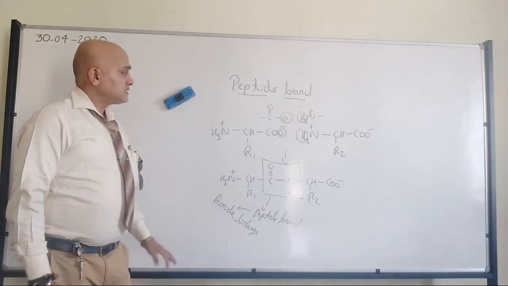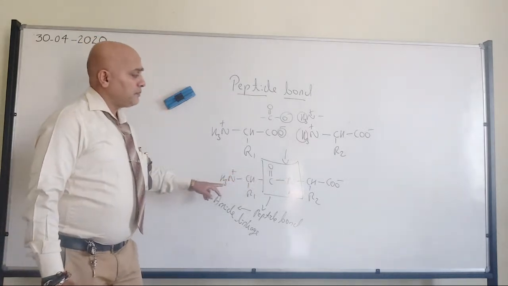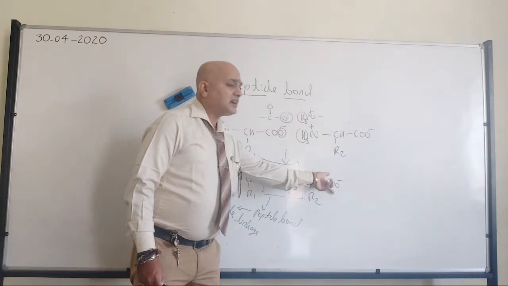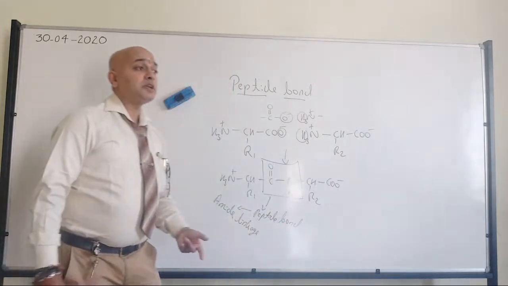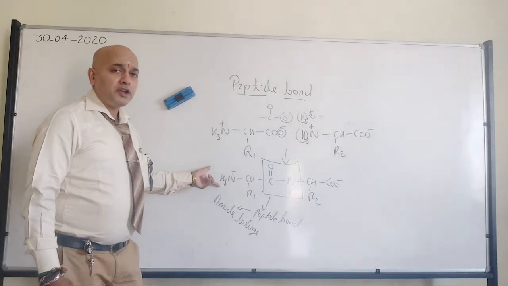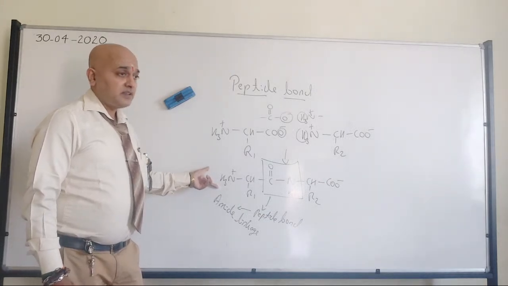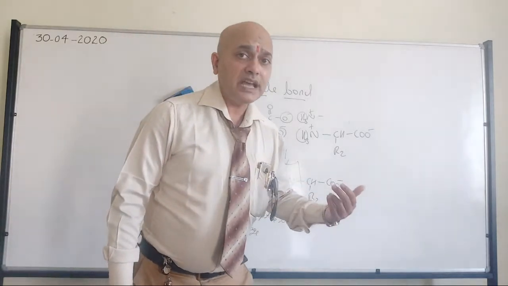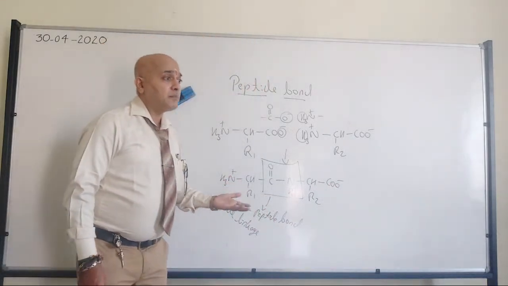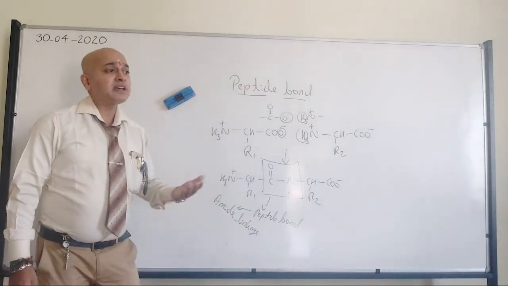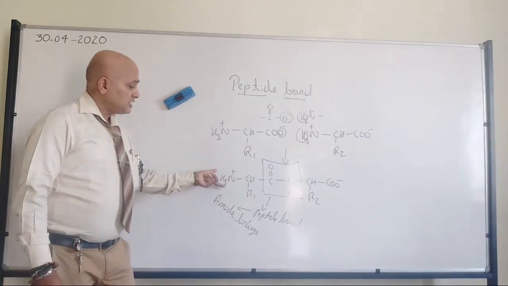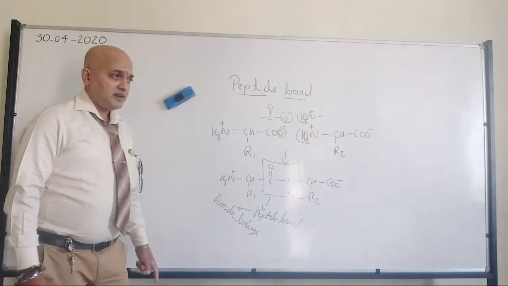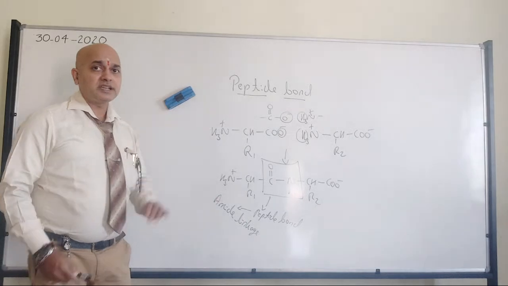Any doubts? So that's where whenever we have the amino acids linked, there will be two terminal, amino terminal and carboxy terminal. That one you should keep it in your mind. Whenever we are talking about polypeptide chain. So what are polypeptides? Polypeptides are those biomolecules which on hydrolysis will release n number of amino acids, same as that of the polysaccharides. Right? So it will have two terminal, amino terminal and carboxy terminal. Right? Now peptide bond definition is done.